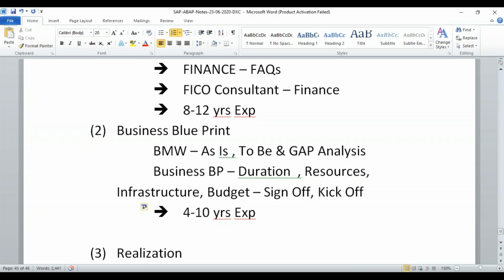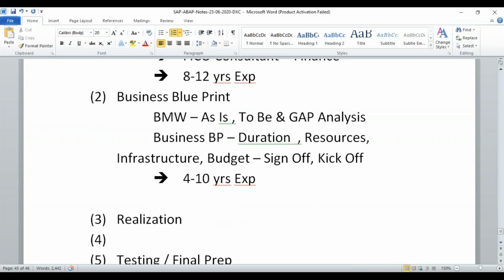Okay, then the realization phase will come. In the realization phase, see, the list of all the developments that we have to do is there in the gap analysis, right? So let's say we have to do some coding. What the functional people will do is they will do the customization. We'll come back to that later. From the technical point of view, you will be doing the coding. We'll be developing some new applications and all. So what are the applications that we have to develop will be very clearly mentioned in the